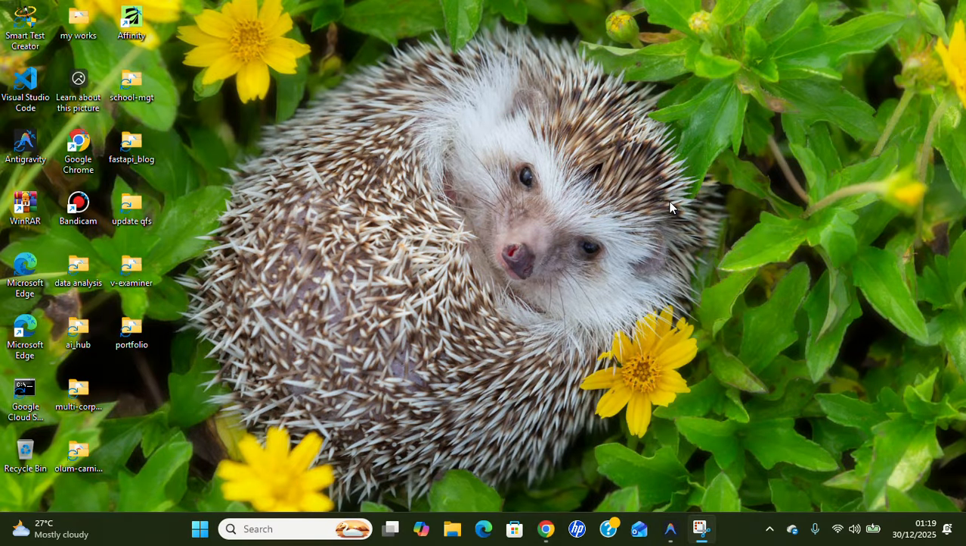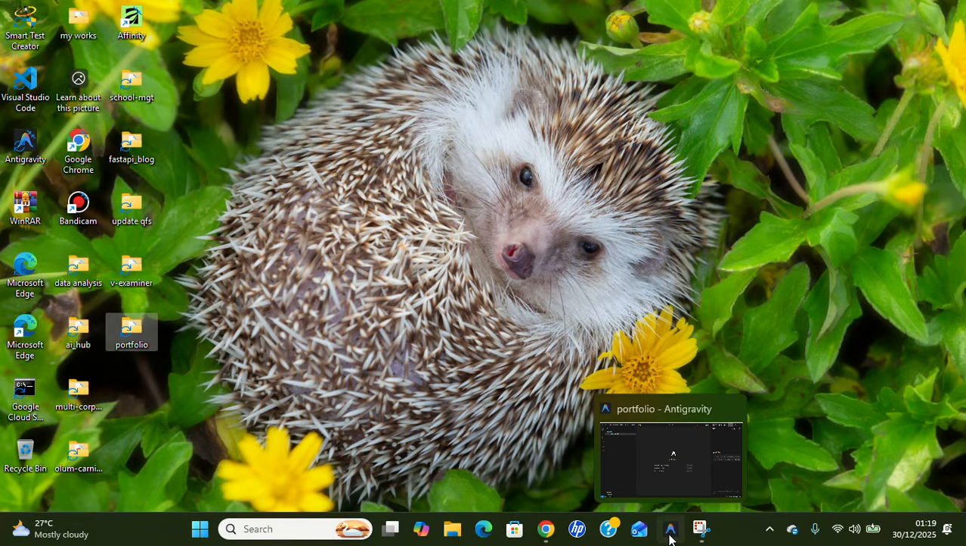So I have installed the Google Antigravity. So this is my Google Antigravity. And then I have a folder, an empty folder here, which is what I'll be using for this project. So what I need to do is just drag and drop that folder into Antigravity, and that's going to open up